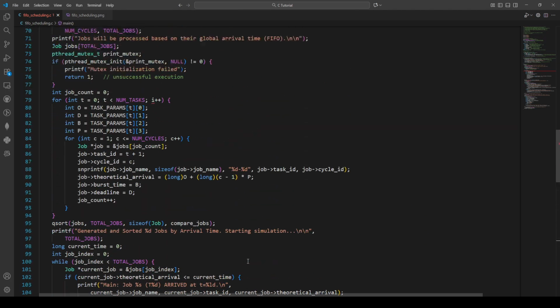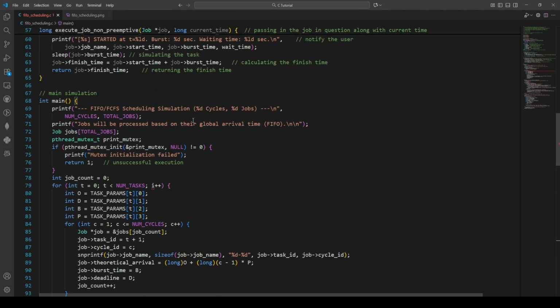So as a review, this was a pretty substantial function. We are informing the user of the fact that we're starting. We're notifying the user of how the jobs are going to be processed. We're declaring our jobs array. We're declaring our print mutex. We're checking to see for errors here while we're initializing. We are assigning our job count